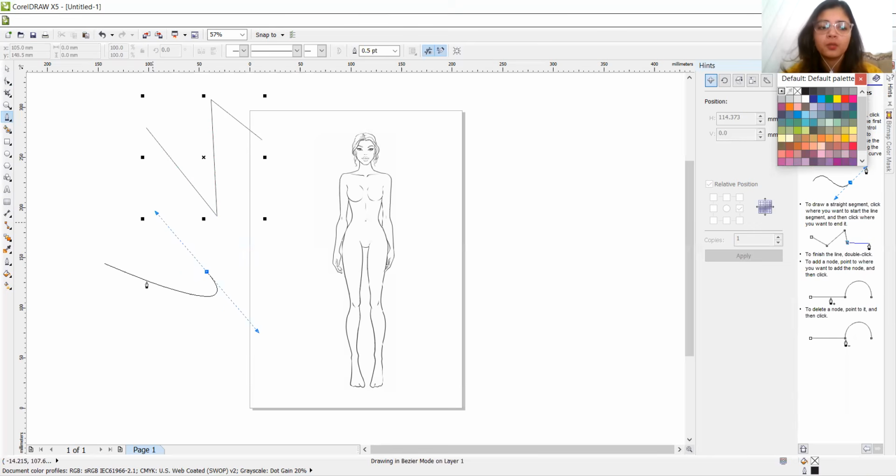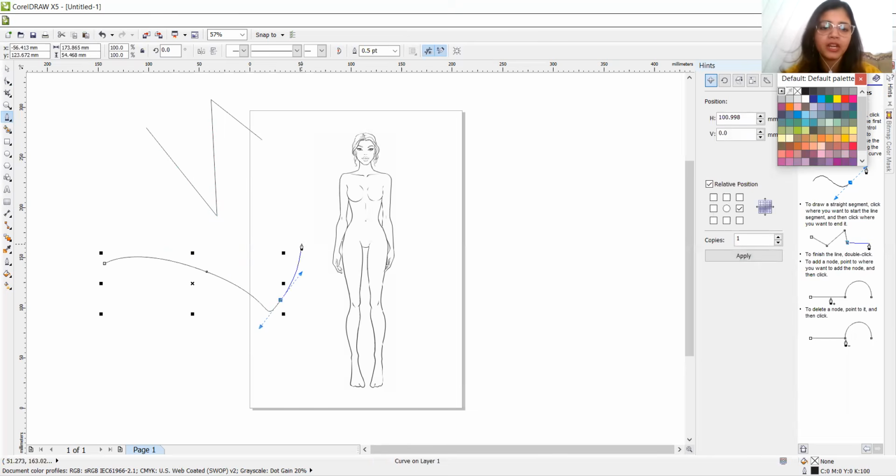The line will come in a curve form and then end it wherever you want. So if you want to make curves from the pen tool, you have to click the left mouse button.